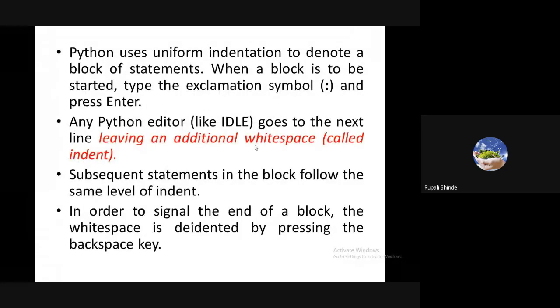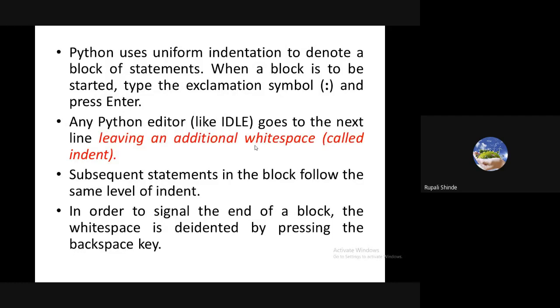Python uses uniform indentation to denote a block of statements. When a block is to be started, type the colon symbol and press the enter key. Any Python editor, like IDLE, goes to the next line, leaving an additional white space called indent.